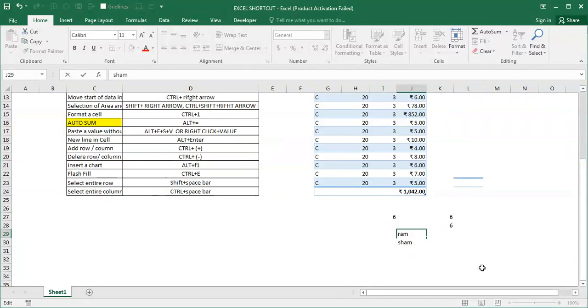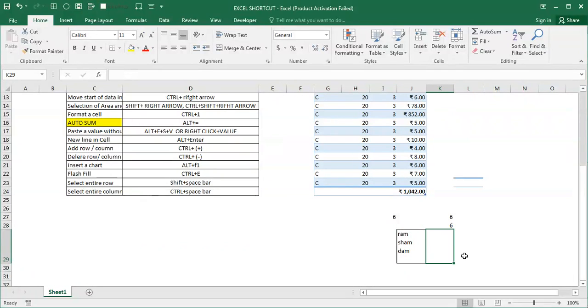I can add Syam, I can add Dam, so however many you want you can add inside. Once you add your comment or notes, press Alt Enter, and one more line will be created. So all the data I am able to add inside one cell. If you are not pressing that and you type something and press Enter, it will go to the next cell.